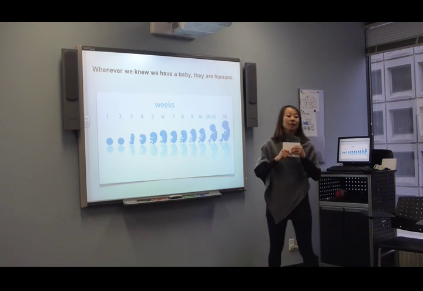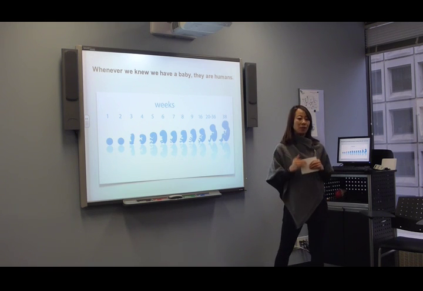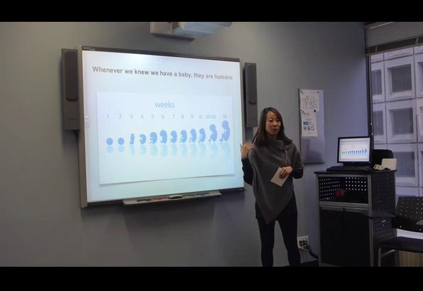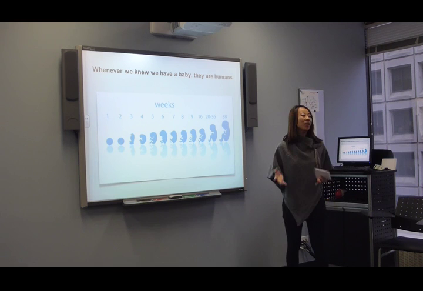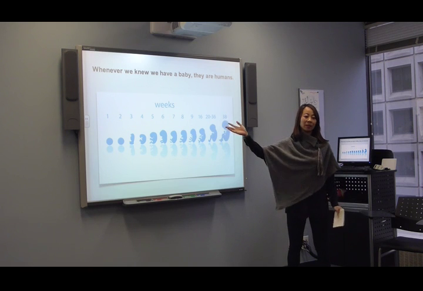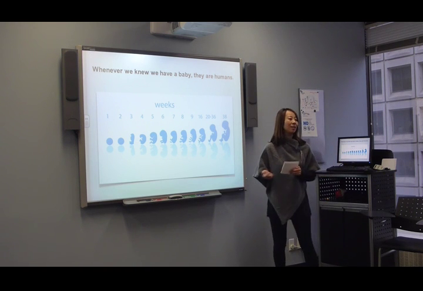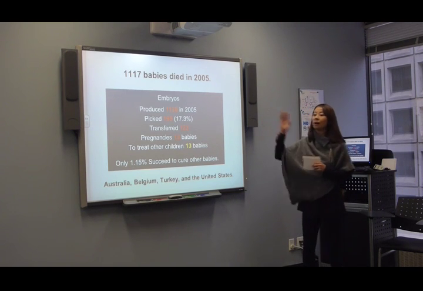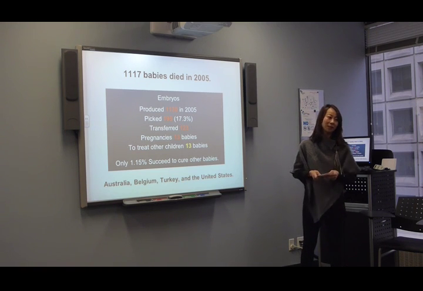Unlike them, designer babies have to stay a minimum of 8 weeks in the tube. We can hear their heartbeat from the test tube. But they choose only one embryo, and the other embryos go to the waste box. In Adam's case, 32 other Adams died. And in 2005, 1,117 babies died by dissection. They went to the waste box.